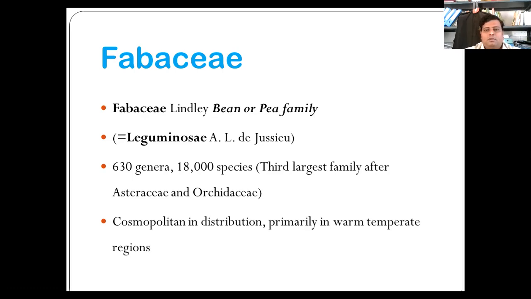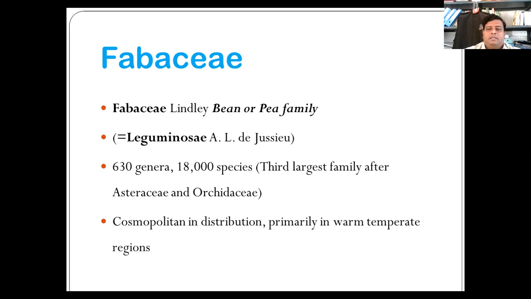Fruits are legumes or pods, rarely lomentum like in Desmodium, you can see. Sometimes indehiscent or rarely spirally coiled, again in Medicago sativa. Seeds one to many are present. Seed coat is hard. Endosperm is minute or absent. Food reserves are in cotyledons. Pollination is primarily by insects and mostly by bees. Dispersal is commonly by wind, but often by mammals.